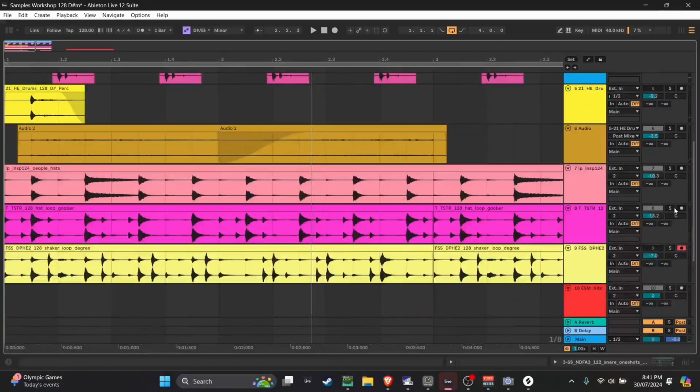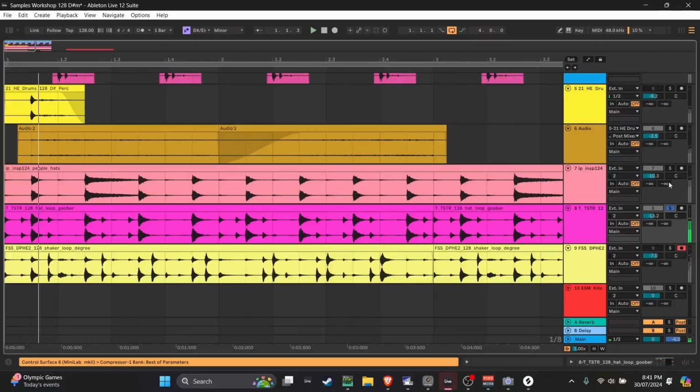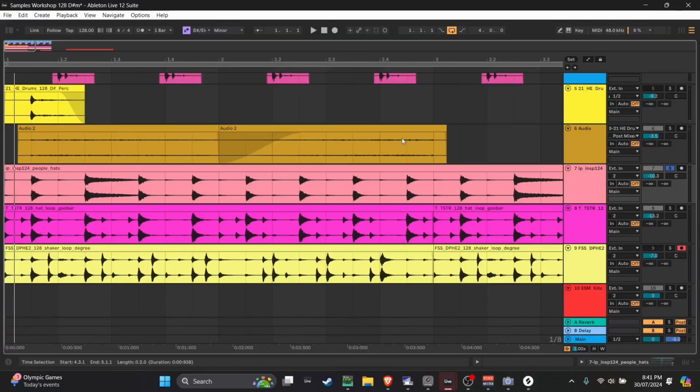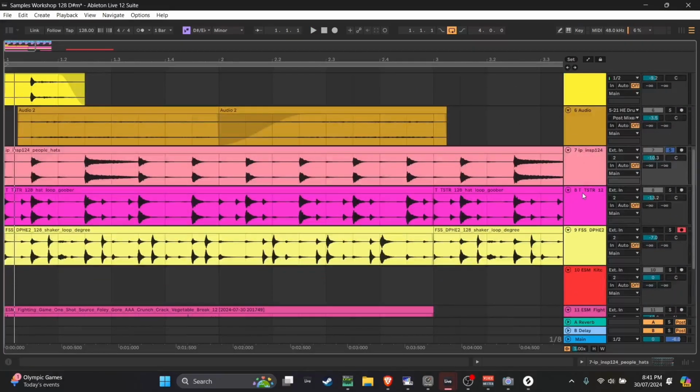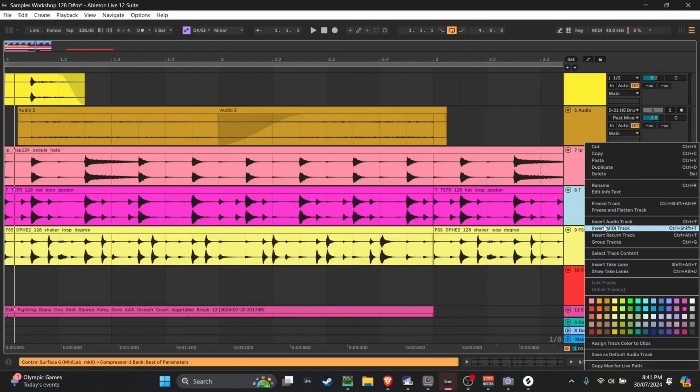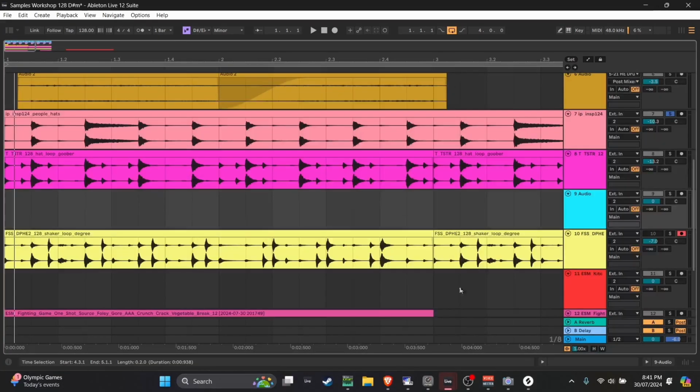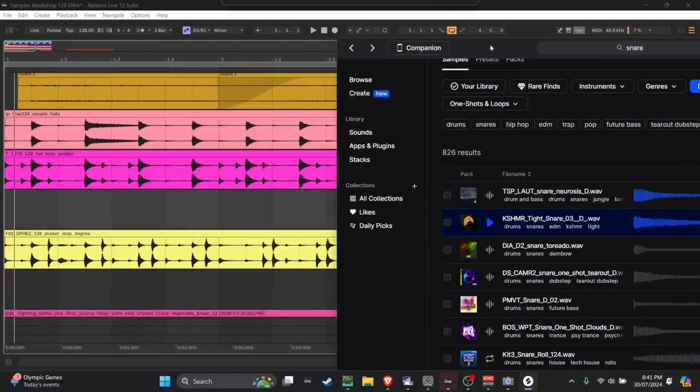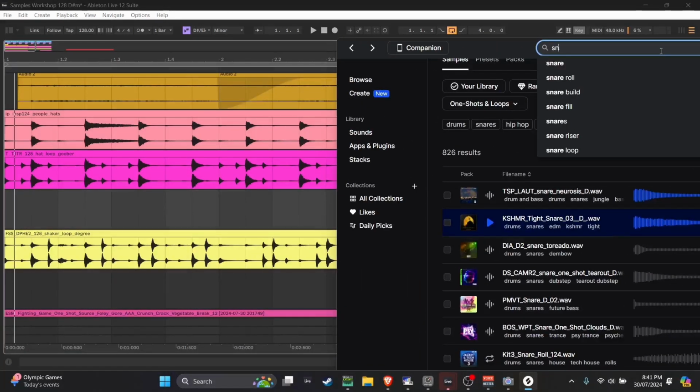And the same can be done for our hats as well. So it's good to have the body of our hats be made up of actual hat sounds, but we could also layer some other sorts of sounds on top of them to make it a little bit more interesting sounding. So one example of that might be,